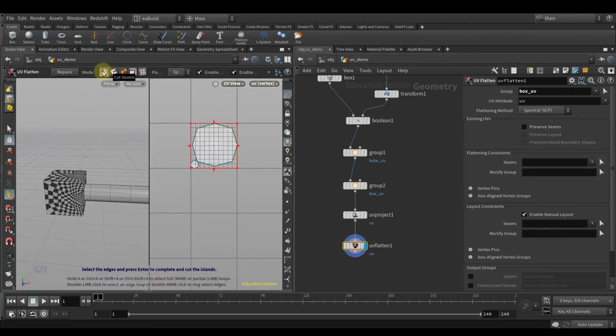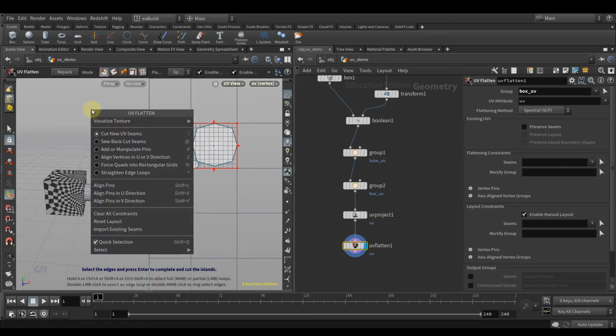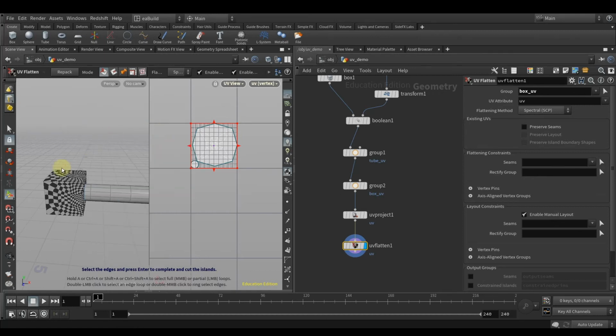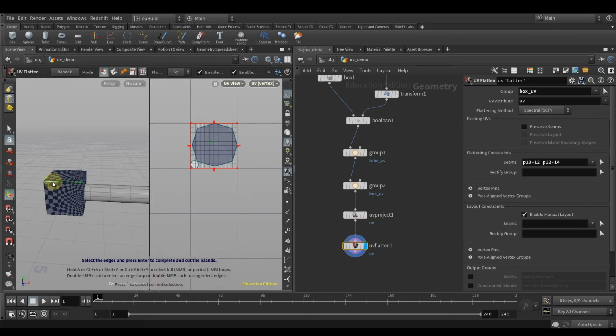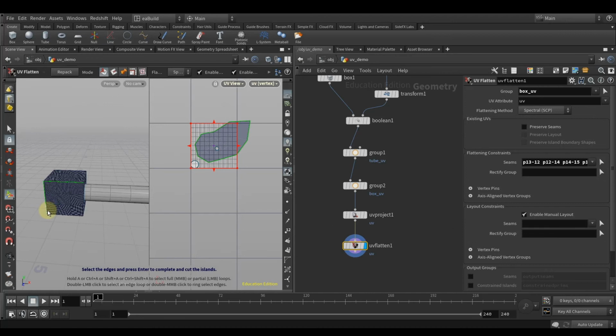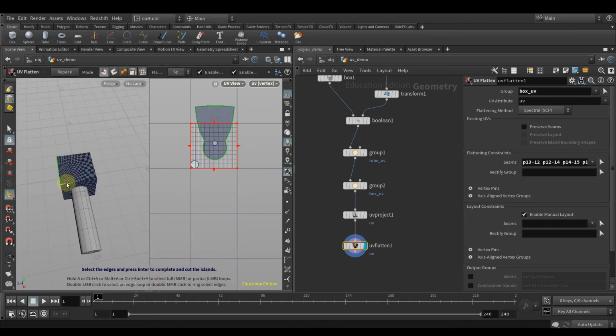Make sure that you are in cut seams mode, or if you right click, it's the exclamation key. And we'll do the exact same thing as we did last time. So I'm going to just cut across these edges. Now, if you recall, if you want to go across a few of them, you can always press A and middle click, and it will, supposed to,